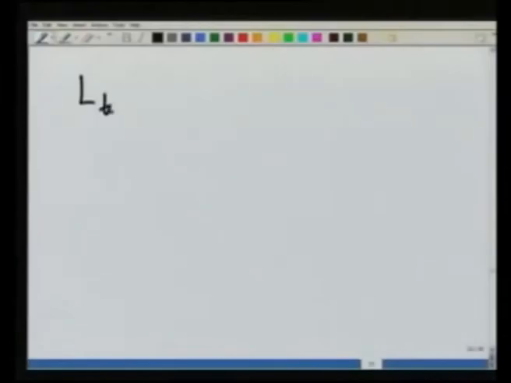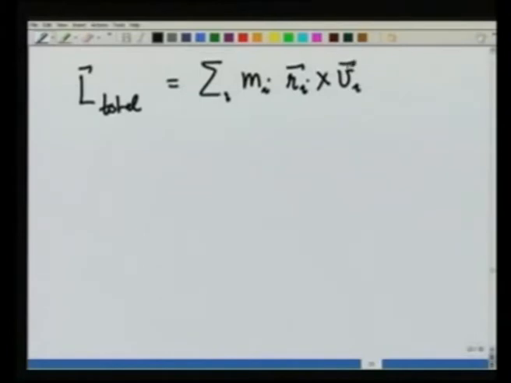We can use this definition now to relate the total angular momentum to the angular momentum of the center of mass and plus angular momentum about the center of mass. Recall from our previous lectures where I was talking about center of mass, and I kept on emphasizing the center of mass is a very important quantity, and we will use it again and again, and you will see again in rigid body dynamics it becomes a very central concept. So let us now write L total, which is equal to summation over i m_i r_i cross v_i as